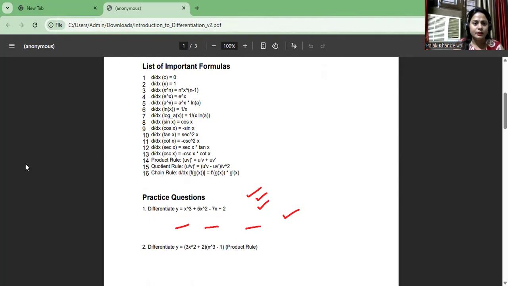Okay, fine. These are the list of formulas that we will use. The first is the constant. If it is a constant, its slope is 0, or its derivative is 0. How come? Let's say y is a function 5. Now, if a constant is there, can I write x raised to power 0 with this? Because anything raised to power 0 is 1.